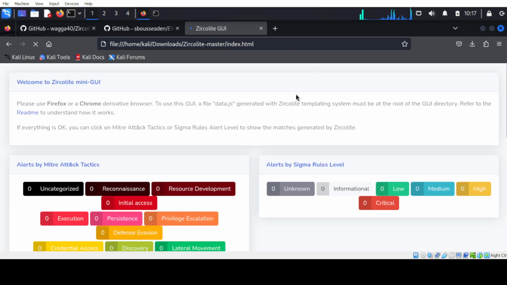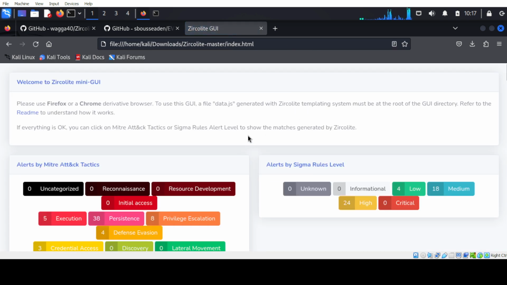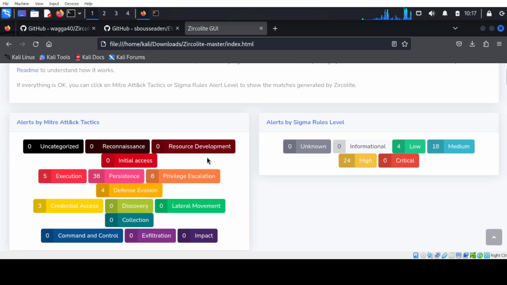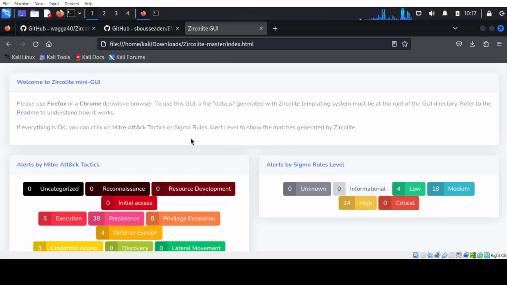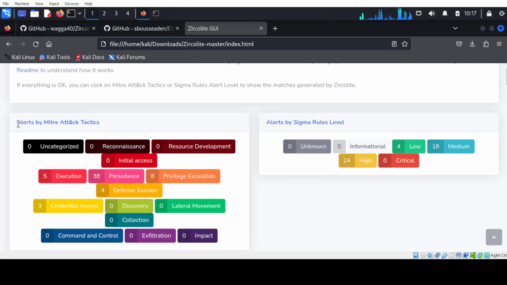And press enter. See, this is the graphical view of Zircolite. It is more clear and more visible. Alerts by Sigma rule level. You can see here high level alerts are 24.